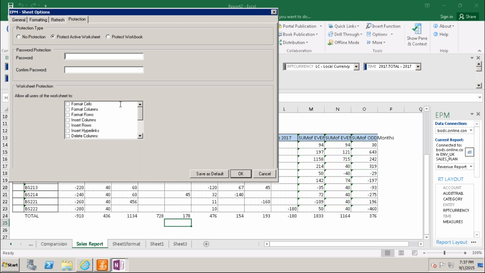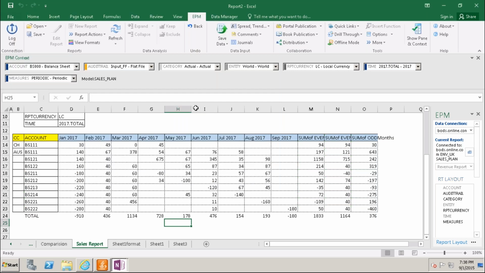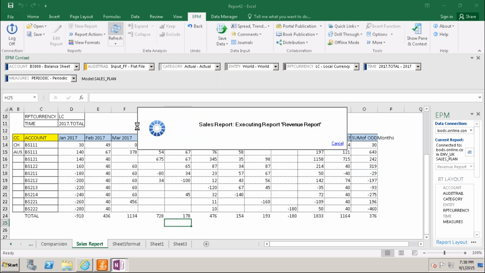password that I am giving here, test. All small letters, test, test. Okay, just refresh.